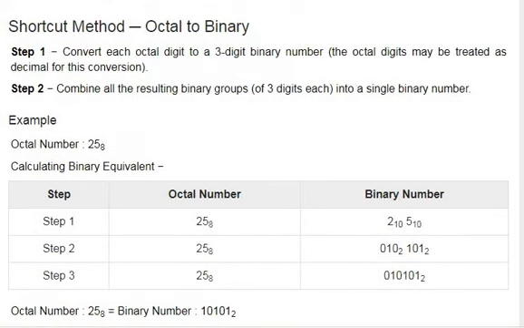In octal to binary, you separate the digits 2 and 5 and convert each into binary, decimal to binary notation. Divide 5 by 2, we get 101, and divide 2 by 2, it is 10. You just add another 0 on the left side because we want to group it into 3 digits. Octal to binary.